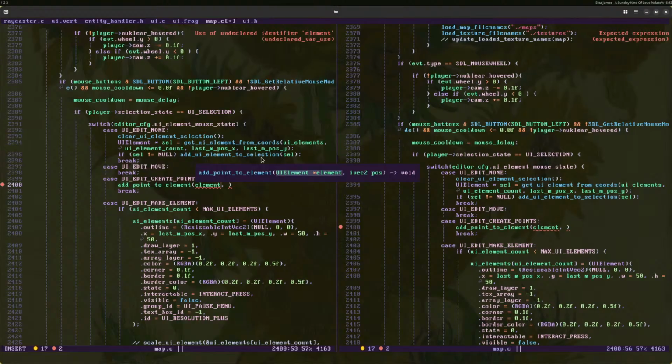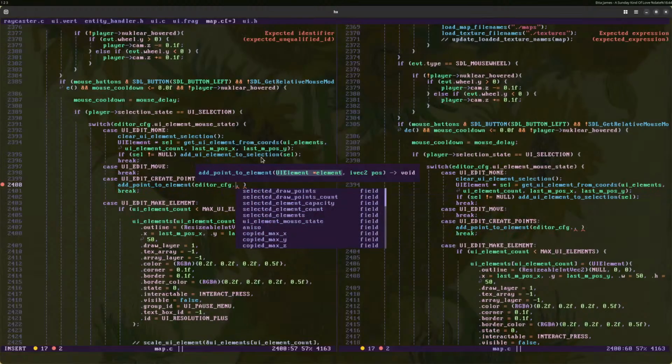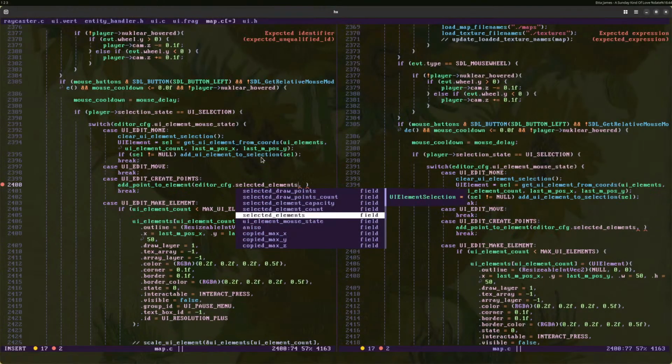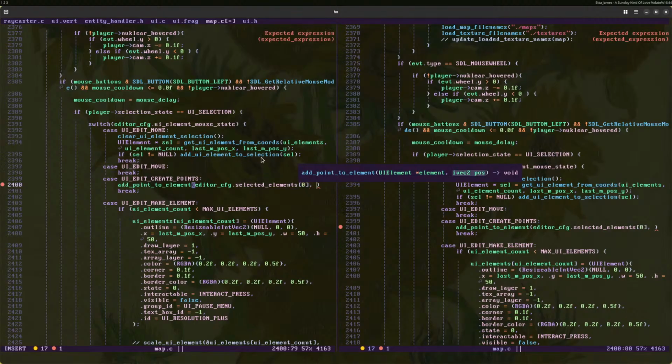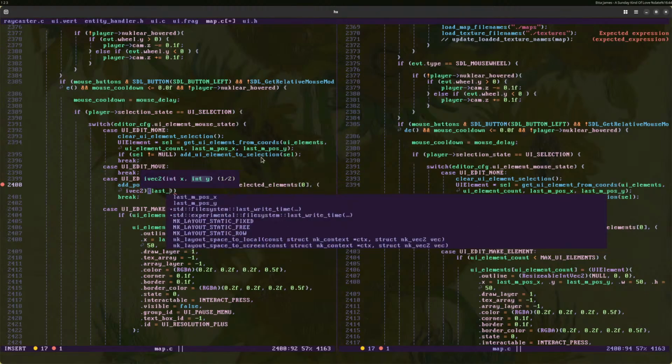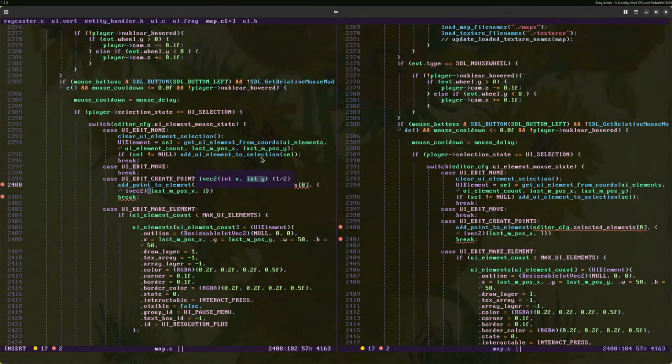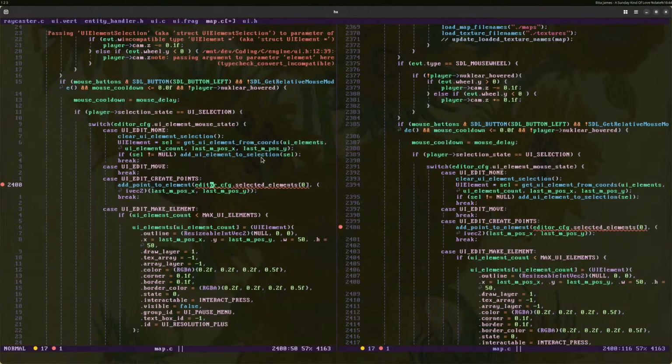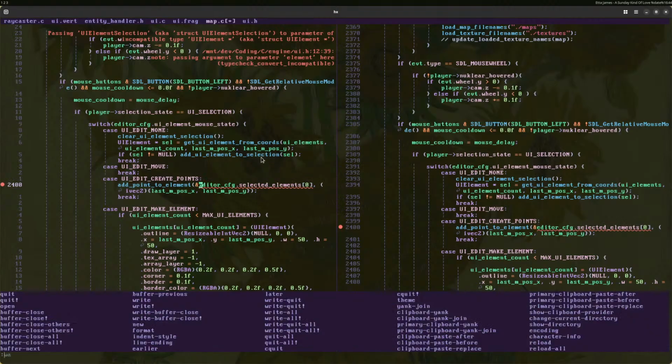This is in editor config dot selected elements. We're just gonna go for 0 right now, and the pause is gonna be, as I said, this is kind of cursed, but